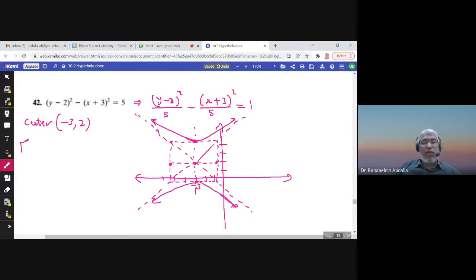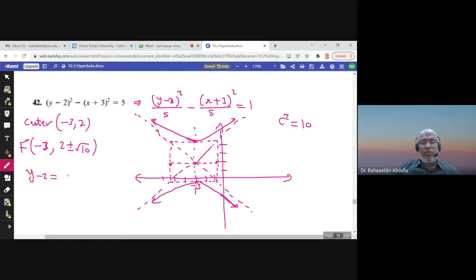So to find the foci, I'll add c to 2 because I'll go up and down. So negative 3 will remain the same. But what is c square here? C square is 10, so c is square root of 10. So 2 plus or minus square root of 10. These are the foci, and the equations of